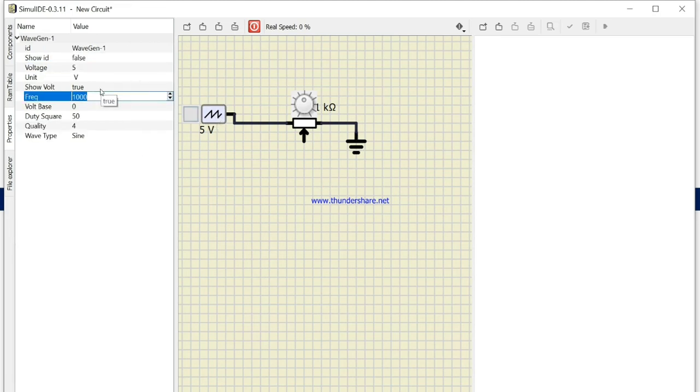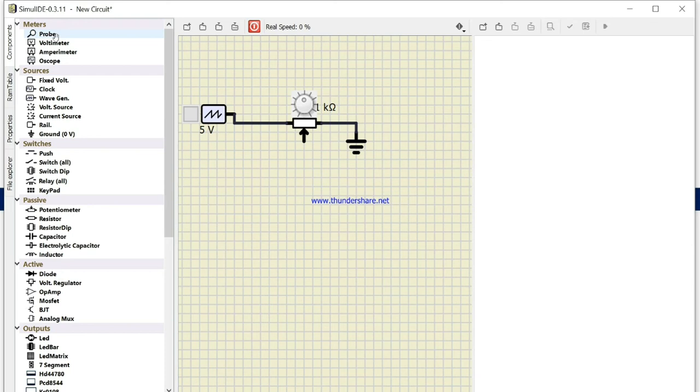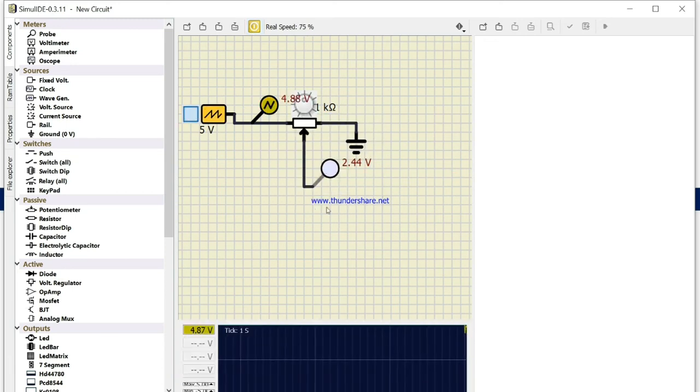Let's try to check the frequency 1. Now take one voltage probe here and connect the second probe from this platform. Now run, simulate, right click, add to the plotter.